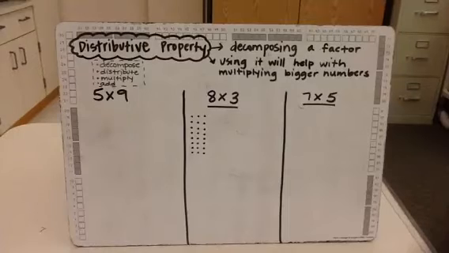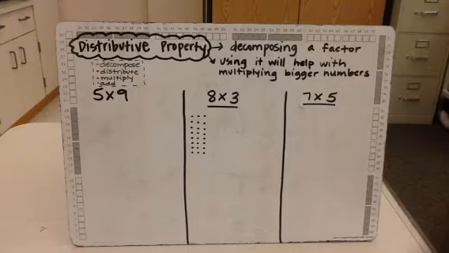In this video, I'm going to be modeling for you how we use the distributive property for multiplication. So when we use the distributive property, we are decomposing one of the factors in our multiplication equation. And the reason we're doing that is because it lets us have smaller factors instead of using larger ones. When we practice it now with our one-digit multiplication,